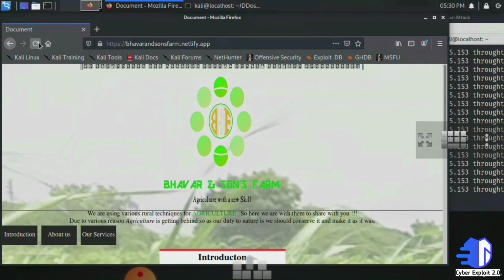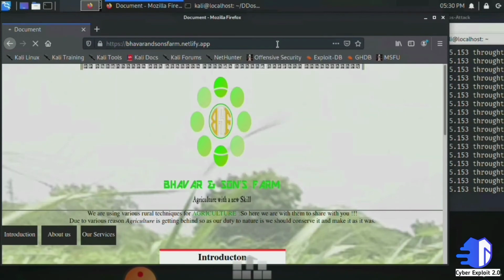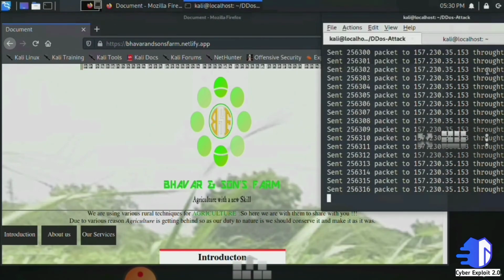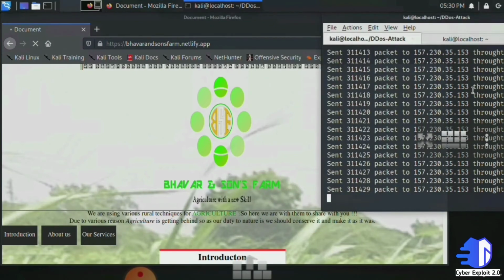Do not try a DDoS attack on the same website that we tried, because now it is secured, so your DDoS attack will not be successful. Choose your own website or use your own IP address. You could also do it to a friend as a prank, for any kind of educational purposes.